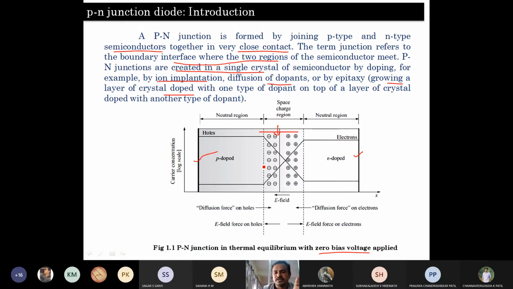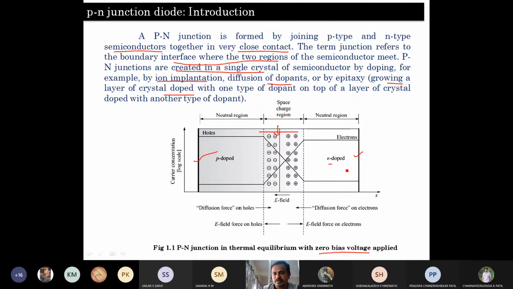Once we come to the concept of charge carriers, obviously we know the P-type semiconductor material has majority charge carriers as holes and minority charge carriers as electrons. When we come to the N-type semiconductor material, electrons are the majority and holes are in the minority. The movement of majority charge carriers is going to give the current within the component or voltage across the component.